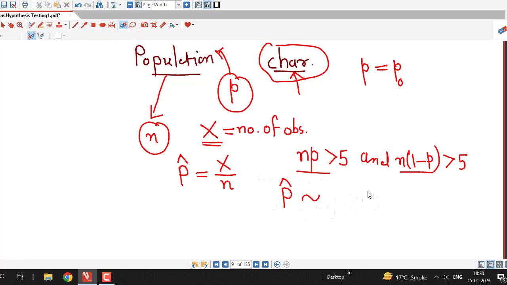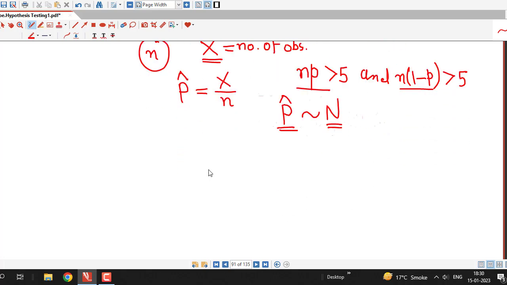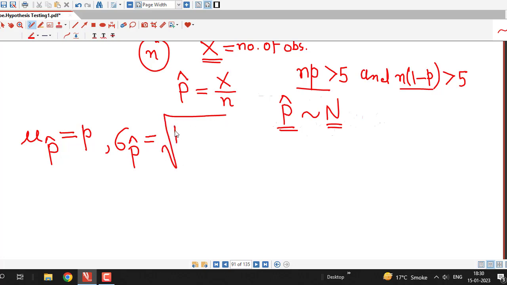The sample proportion is a random variable which is approximately normal, and its mean is equal to the population proportion, and its standard deviation is given by the square root of p times 1 minus p